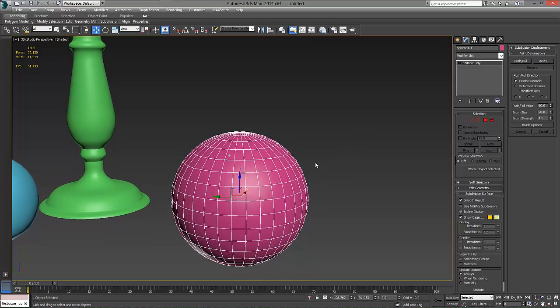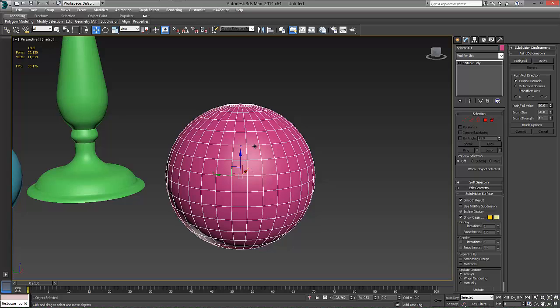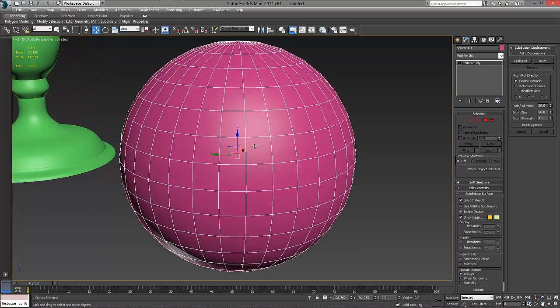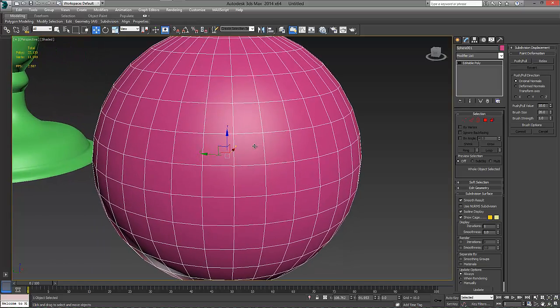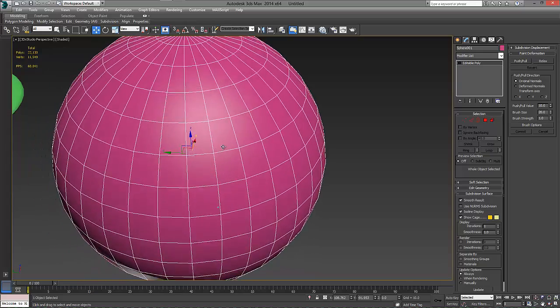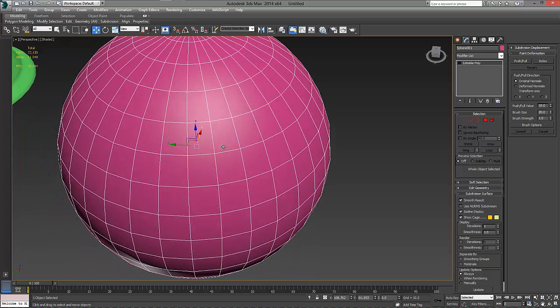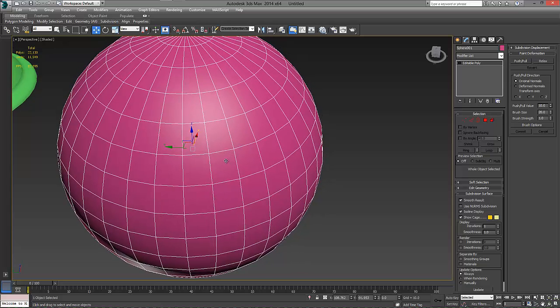So a polygon is a geometric shape, and polygons come in two varieties. They can either be quads, which is a four-sided polygon, or they can be tris, which is a three-sided polygon. Every quad breaks down into two triangles. So triangles are the basic geometric shape in 3D. With that being said, if I have quads, it makes it really nice and easy to break these things down into smaller versions of themselves